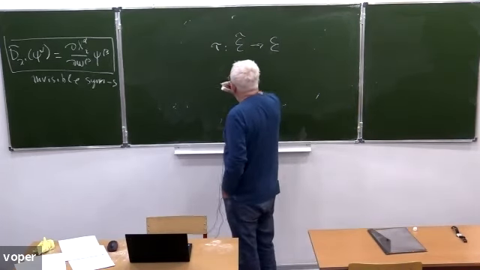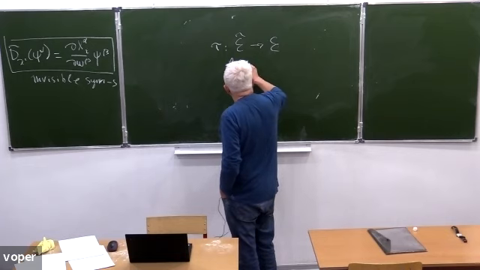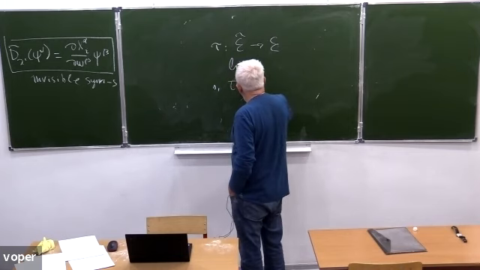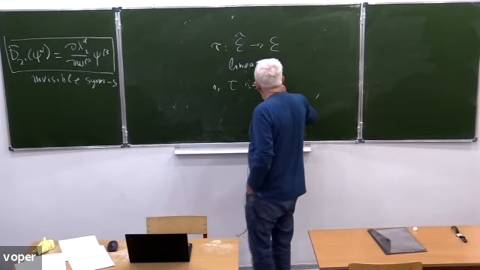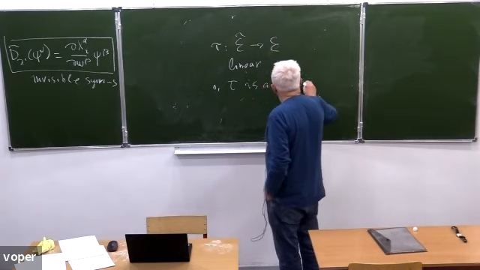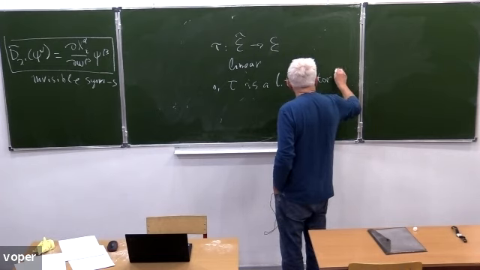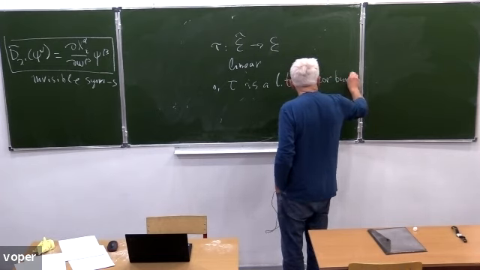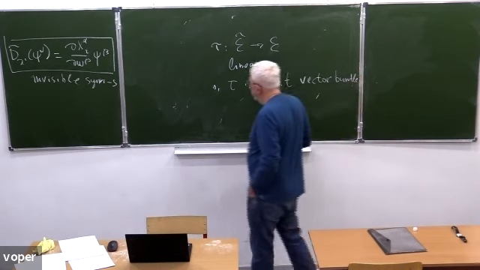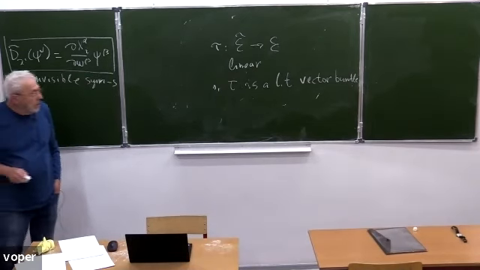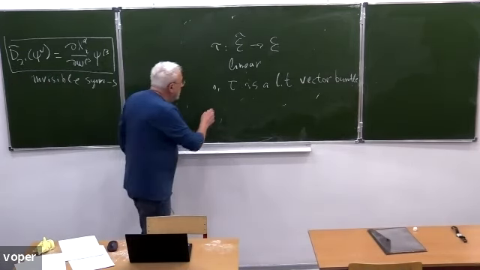It is called linear if, first, tau is a locally trivial vector bundle, and second,